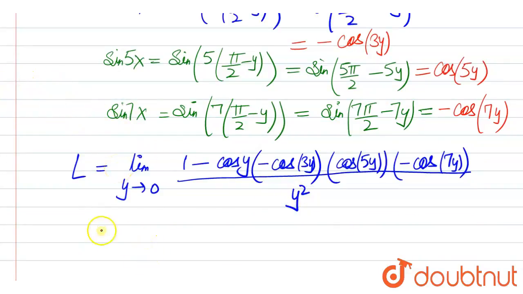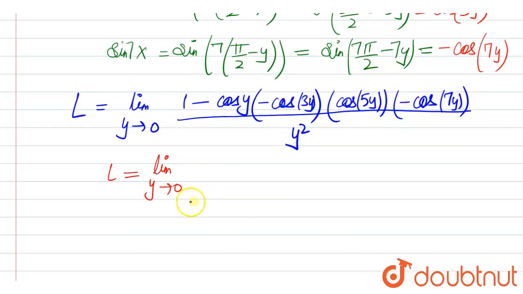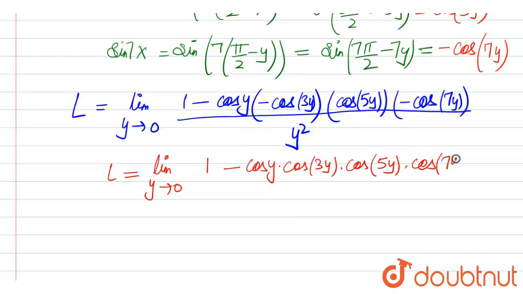Now this becomes equal to limit y approaches 0, 1 minus becomes plus 6, so the minus remains as it is on the outside. 1 minus cos y into cos 3y into cos 5y into cos 7y